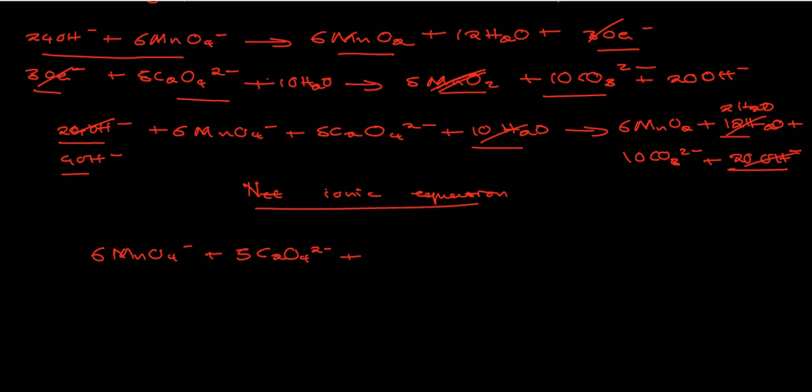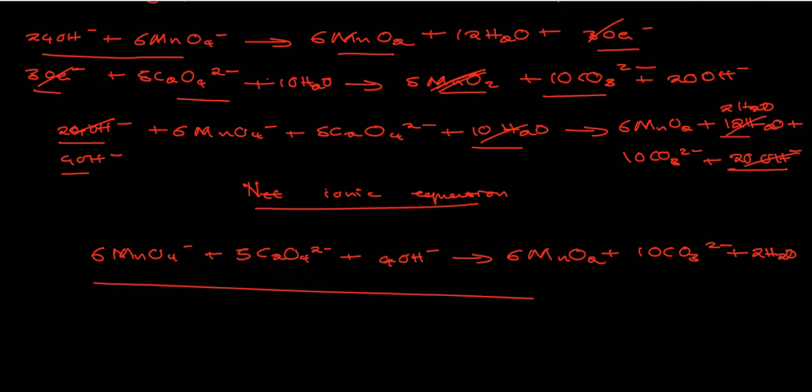We also have this 4 hydroxide, we shouldn't forget. 4 hydroxides, then producing, we have 10, plus 2H2O. Actually, this is our